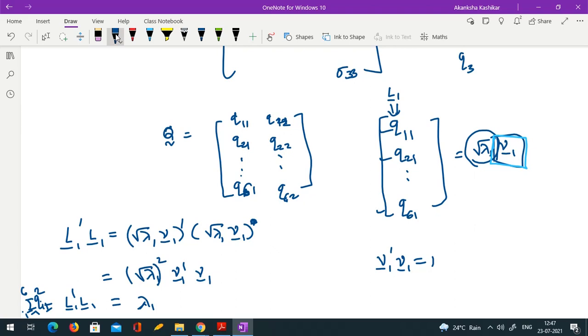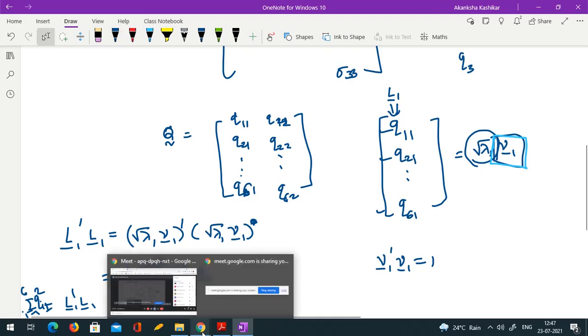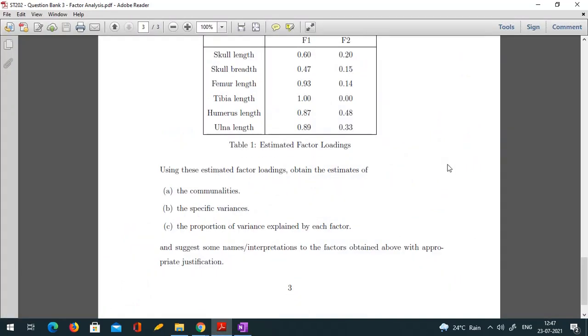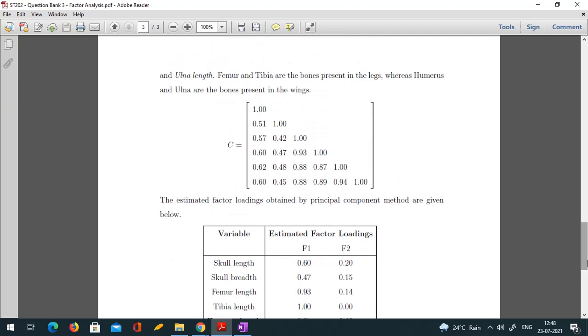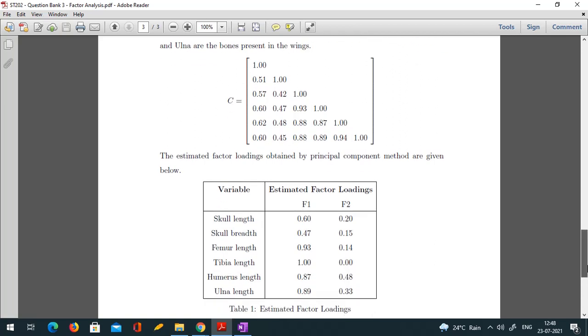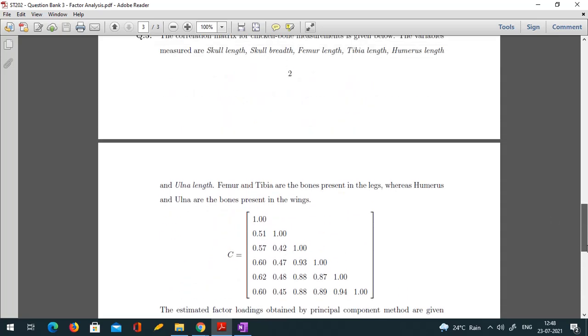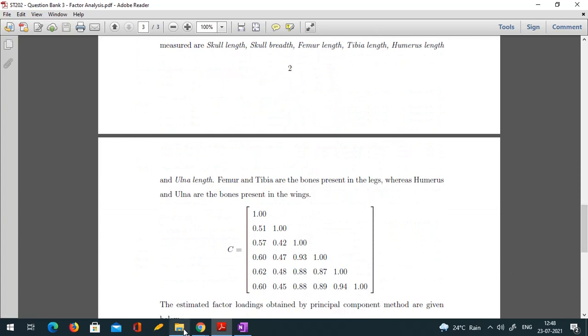Yes, sir. So if you are stuck, just list down what all you know about that thing, and that should give you some clue. Okay, so where was I? Yeah, so this will give you lambda values, and anyway, it's a correlation matrix, so the sum of all lambdas is going to be 6. So that you already know. I think done. This was the last problem, right? Yeah, so we are done.